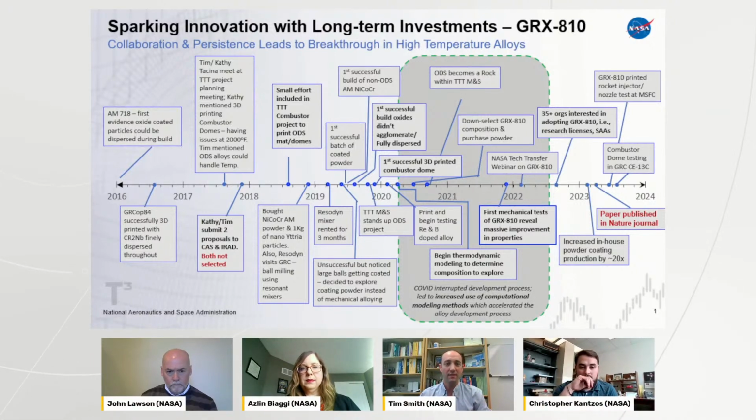And they were having a lot of issues with getting these combustor domes to actually operate at these conditions and not fail during testing. And so they came to us, the materials researchers, and asked, hey, is there an off-the-shelf alloy that we could use to 3D print and use in these ultra-high temperature applications? We said no, and we said, hey, this is a great area that we can do an alloy development project with. And starting around 2017, 2018, we kicked off a project to